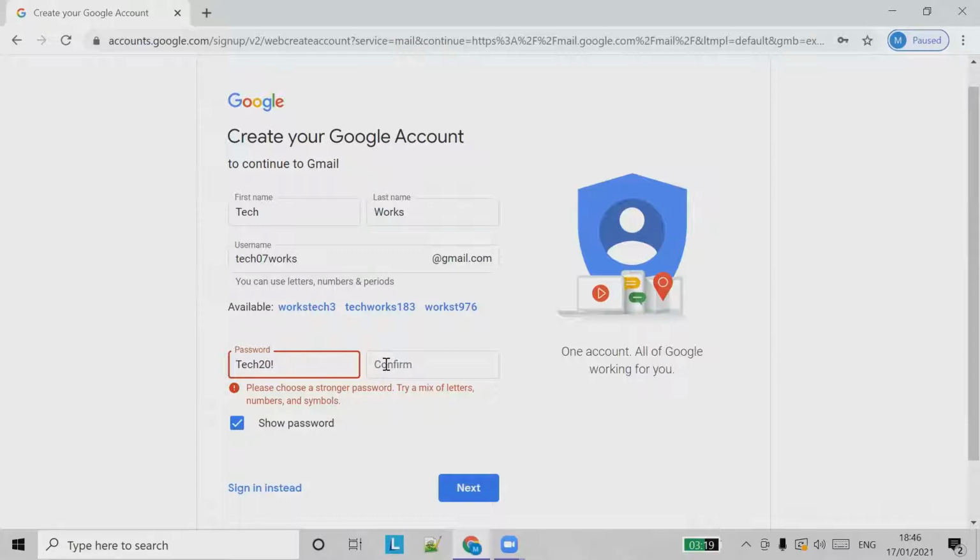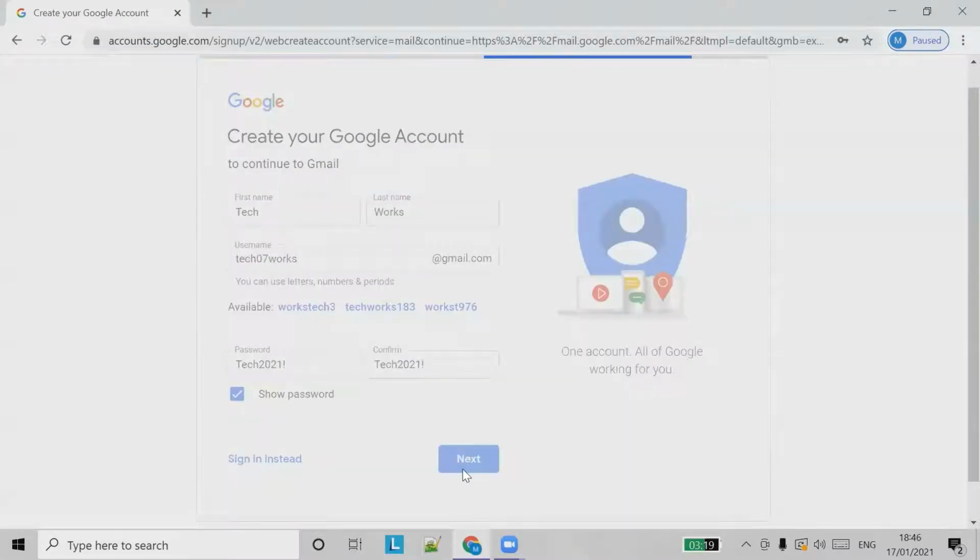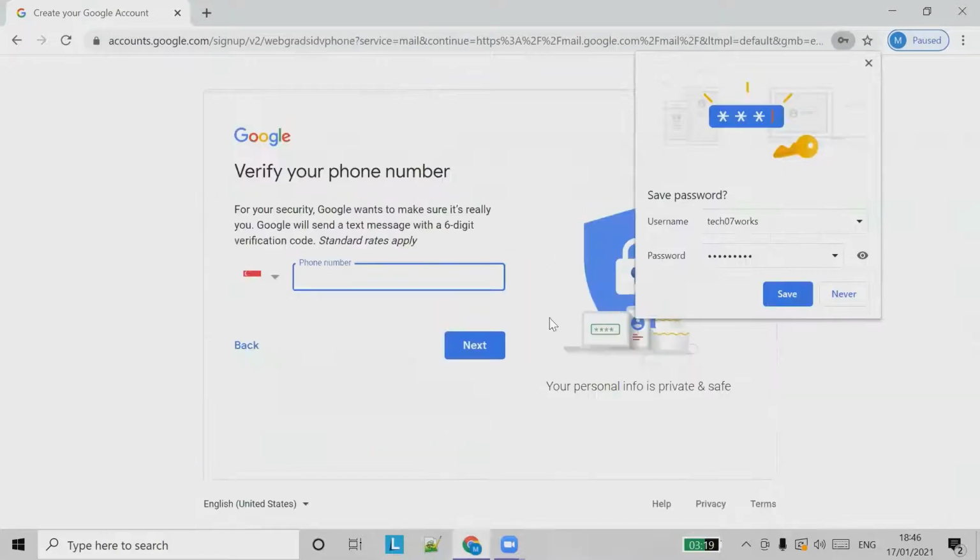You can use symbols like this also. So now let's try it. And again, it says you should use 8 characters or more. So let's say 2021. And let's see. Okay, so this password works.